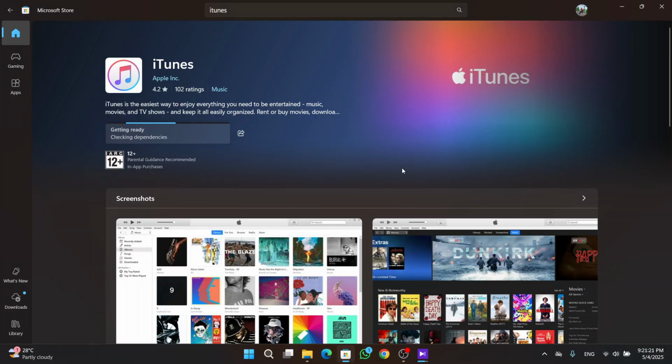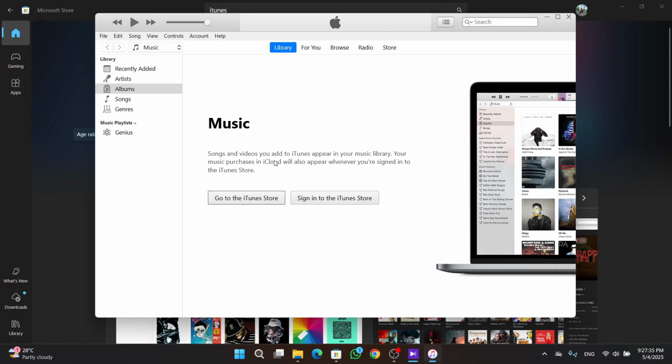Now it's going to get things ready. It will download and install it for you. You can sit back and relax. You can see that it's now finished, and what we can do is press open, and it's going to open up. As you can see here,